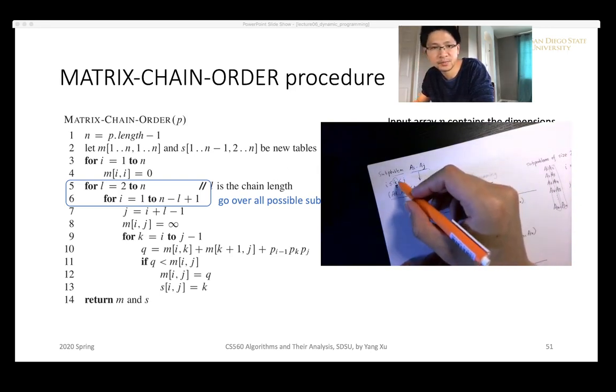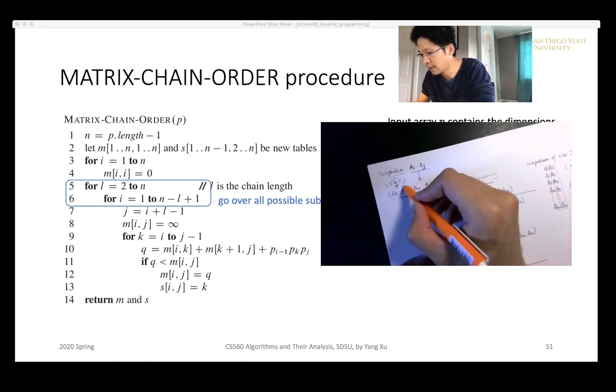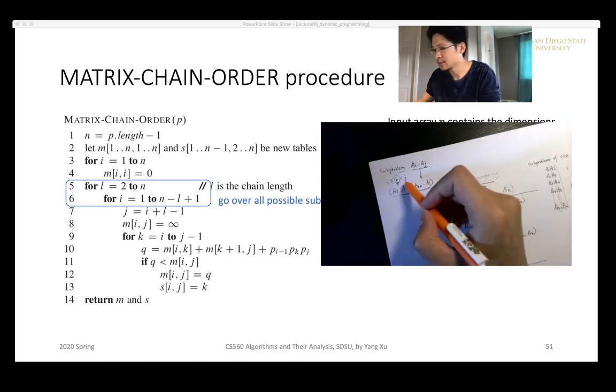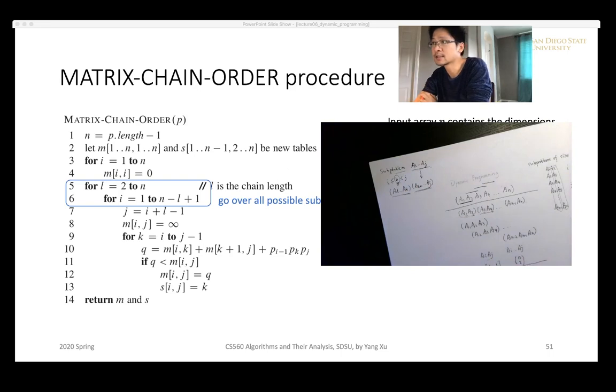So K must be between I and J and be strictly smaller than J. So that's why in line 9, the loop counter K starts from I to J minus 1. Okay, and within the third loop body,